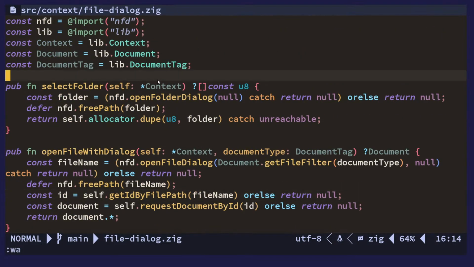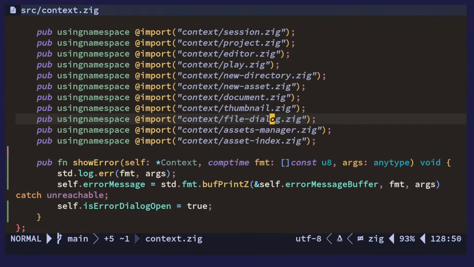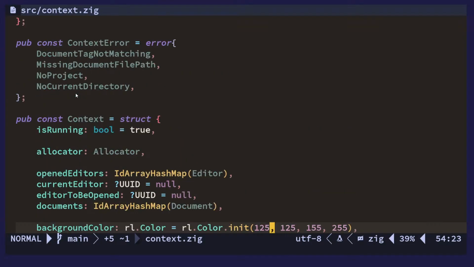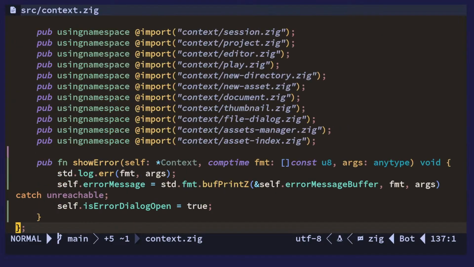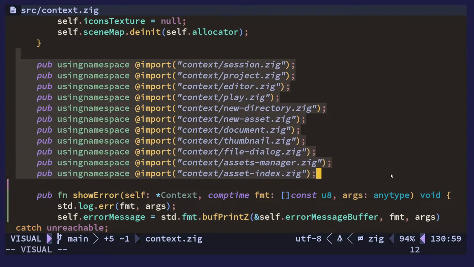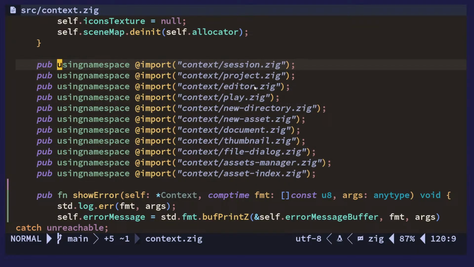So one of the problems here is if we go to this struct here, context. It's quite a large struct. It has basically everything needed for everything in the editor. And I went ahead and split it up into multiple files, sort of like a partial class in C# or whatever. But you can't do that anymore. So yay. So I have to change all this using namespace. I think I'm just gonna copy all the things in here. It was nice having it sort of